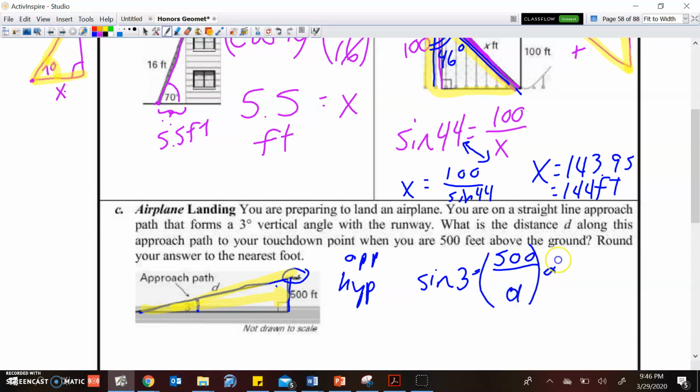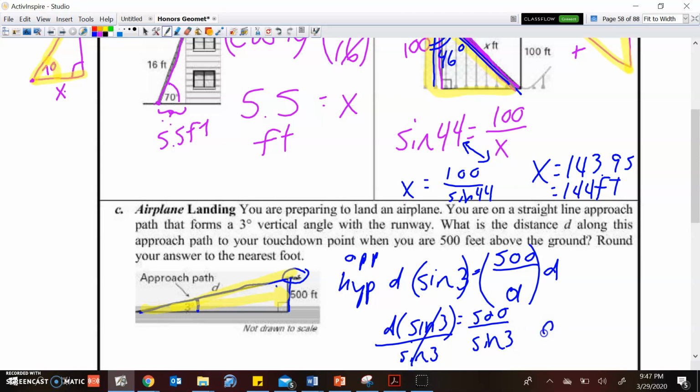I'm going to multiply both sides by d. Here, I'll just show you the long way. So now I have sine of 3 degrees times d. I could have just done this quick switcheroo. Divide both sides by the sine of 3. Those cancel. So in the end, I get d is equal to 500